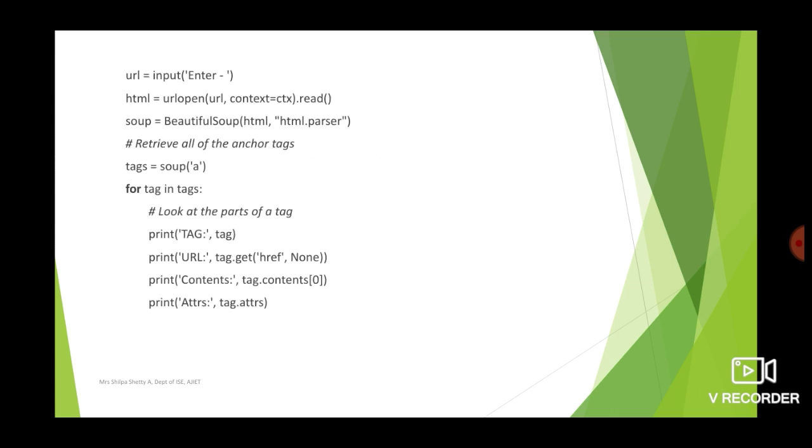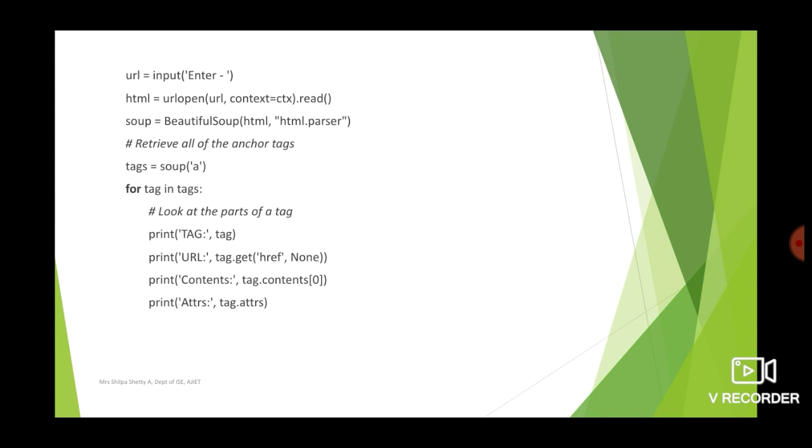After that, again the first 4 lines are similar. We are requesting a user to enter a URL here. Once that URL is entered, that page has to be opened. Once it is open, we will create the variable for the parser here, a Beautiful Soup parser, for which we need to create a variable.